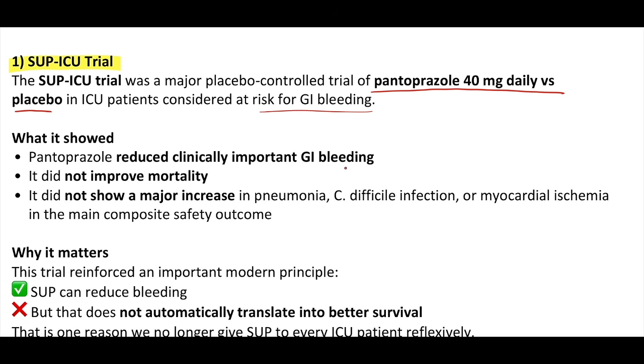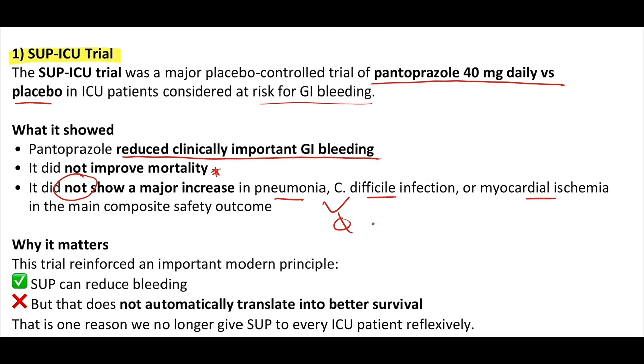And it showed that pantoprazole did reduce clinically important GI bleeding, but it did not improve mortality. It also did not show a major increase in infectious complications between pantoprazole and placebo. This included pneumonia, C. diff, and myocardial ischemia as the main safety outcomes. So it was one of those trials that did not support the old notion that PPIs increase the risk of